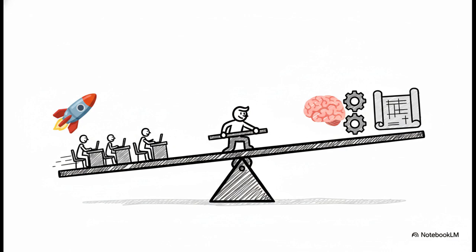On one side, you have developer velocity. That's the raw speed you get from decoupling teams and letting them innovate independently. On the other side, you have what I like to call architectural sanity. That's the discipline, the tooling, and the sheer effort required to manage all this new complexity and make sure the system doesn't collapse under its own weight. Your job as an architect is to find the perfect balance for your organization.